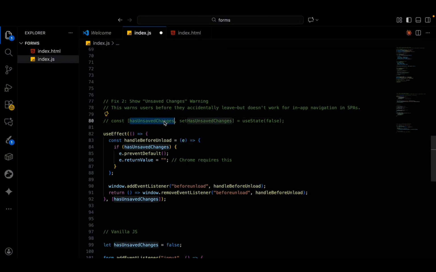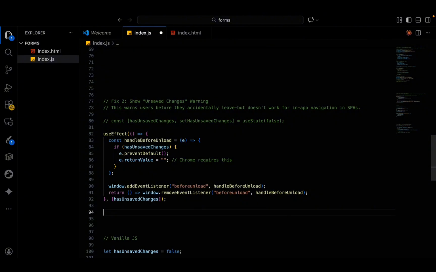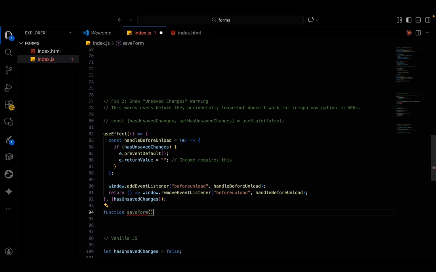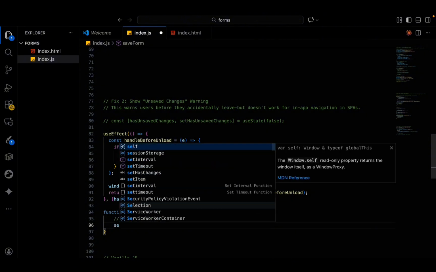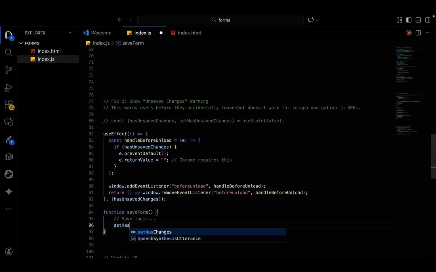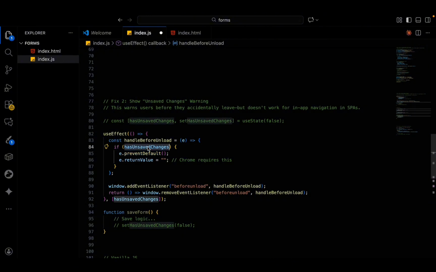So if the user is still typing, if the changes have not been saved, we can have a function where the user saves the form, and in this save form we can do something like save logic, and then this is where we call setHasUnsavedChanges to false, right? But up to this point, unsaved changes is going to be true. So if it is true, we are going to